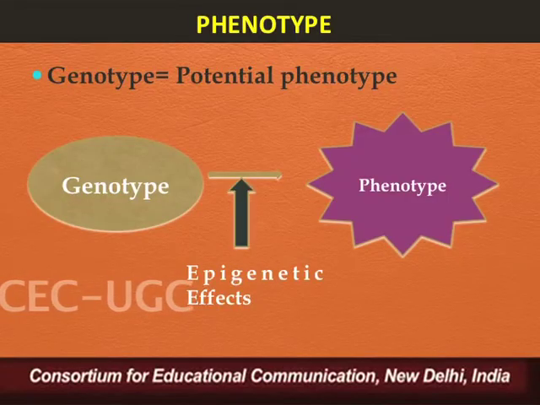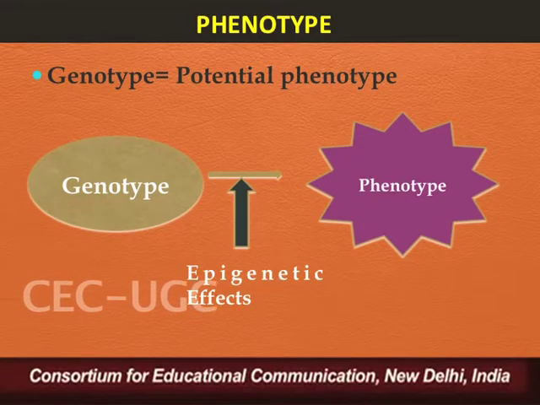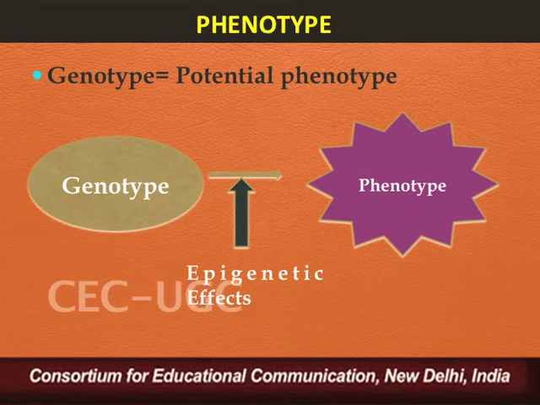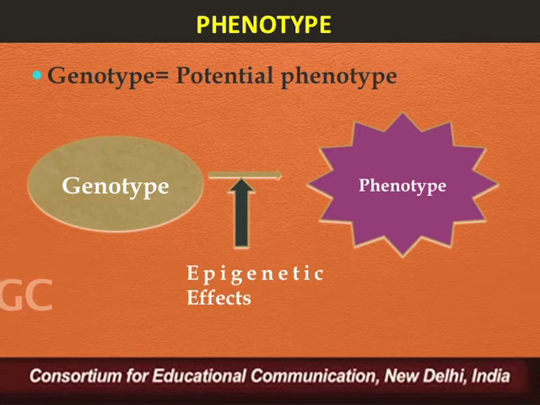So even if the individual has gene A for forming A antigen or gene B for forming B antigen, his or her RBCs do not express those antigens because the basic substrate, that is H antigen, has not been formed. So the individual will be phenotypically O. The point here is that epistatic genes can cause alteration in the expression of phenotype, and the individual will